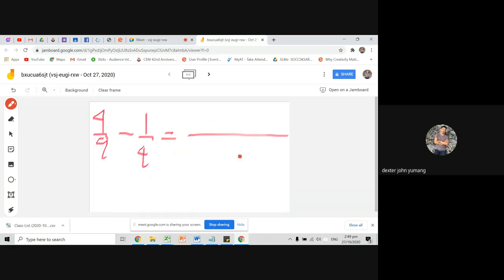So 9 times 4, 9 plus 9 is 18. 18 plus 18 is 36. 36 divided by 9 is 4. Times 4, that is 16. 36 divided by 4 is 9. Times 1 is 9. 16 minus 9, that is